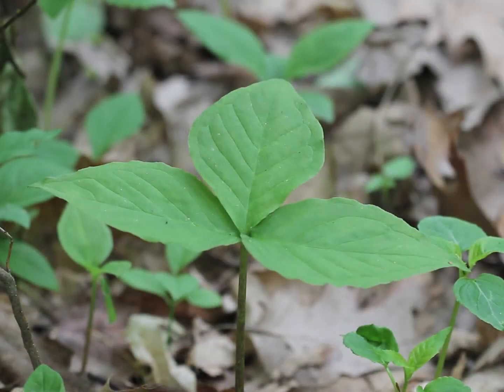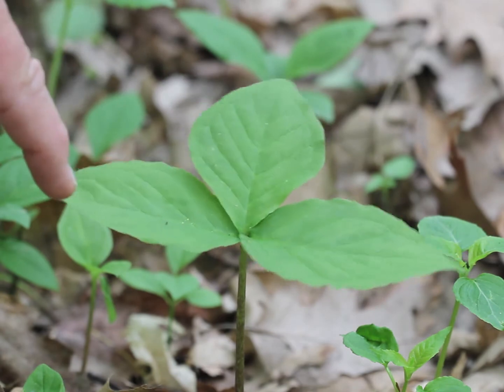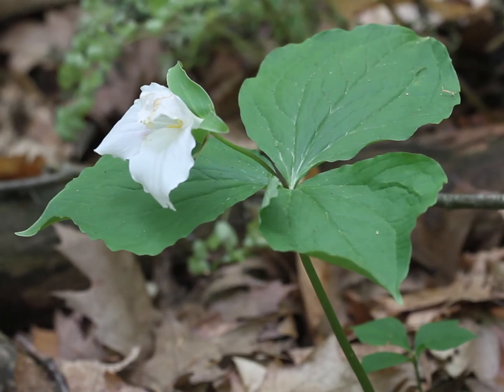Jack-in-the-pulpit can easily be distinguished from trilliums without flowers. On this jack-in-the-pulpit, these 2 leaves are straight across from each other. If we connect the points, we make a half of a circle. While trilliums, on the other hand, the leaves are evenly spaced, so the 3 leaves make a complete circle when